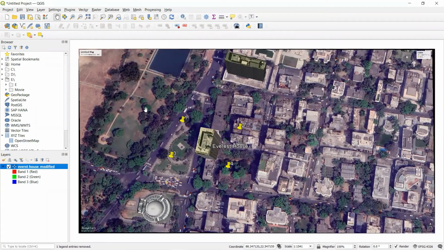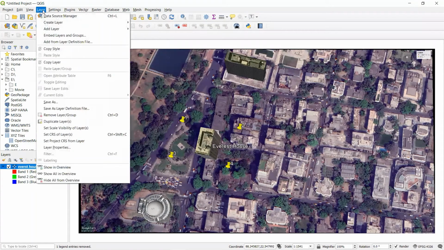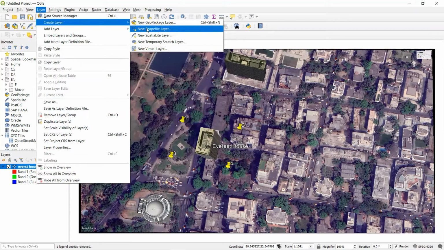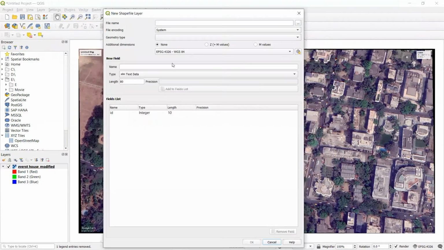You can see here the image is transferred to the main screen. To find out the coordinates of the building, we have to create the points. To create the points, go to layer, select create layer, select new shape file layer, enter the file name, points,